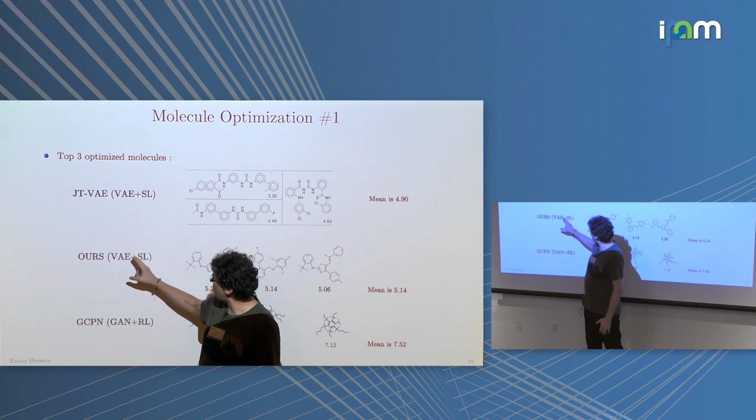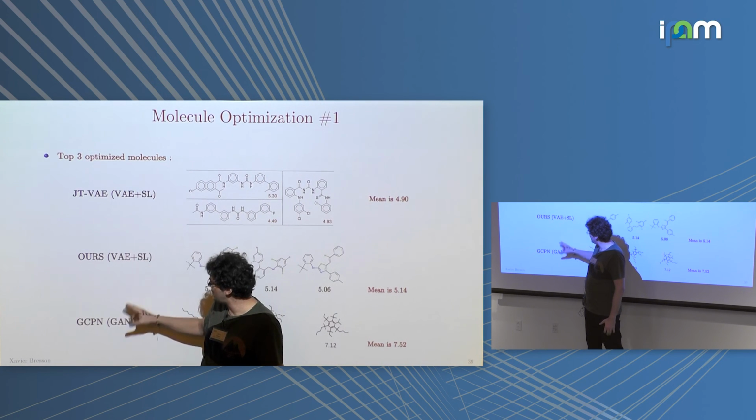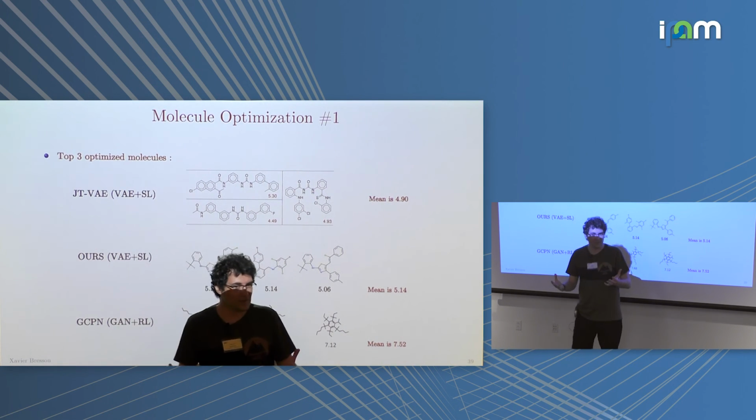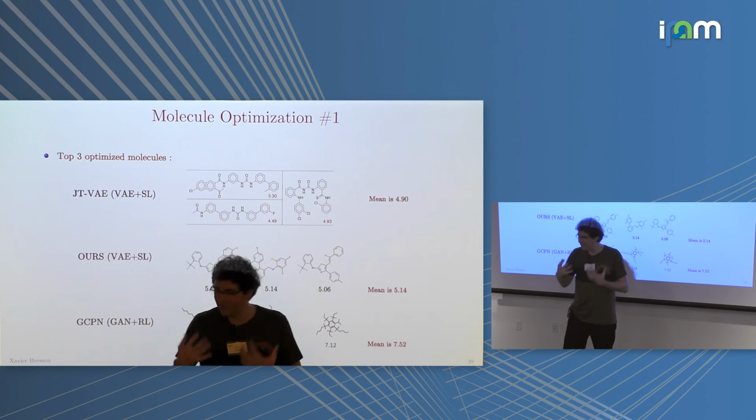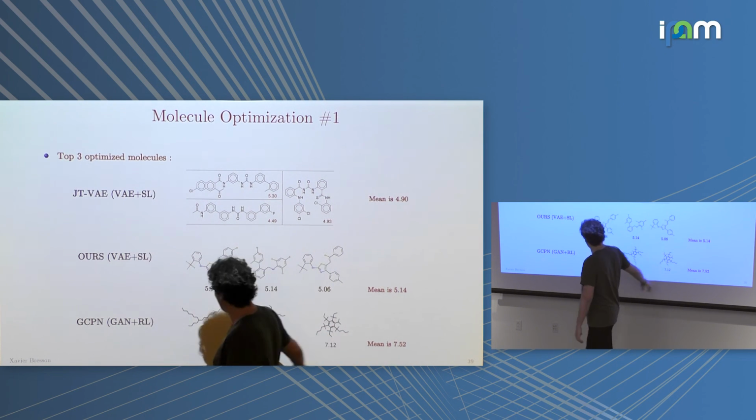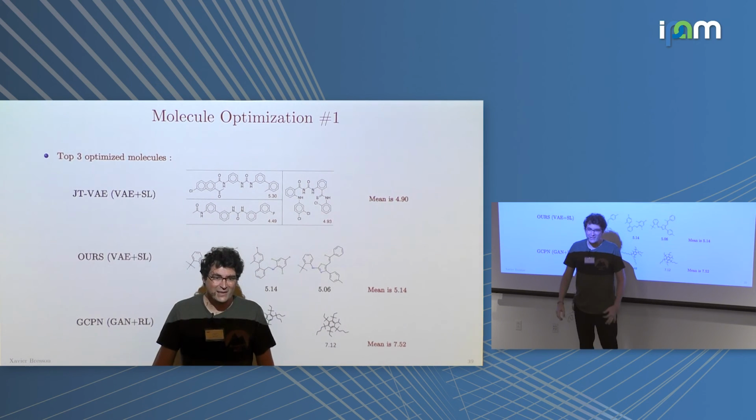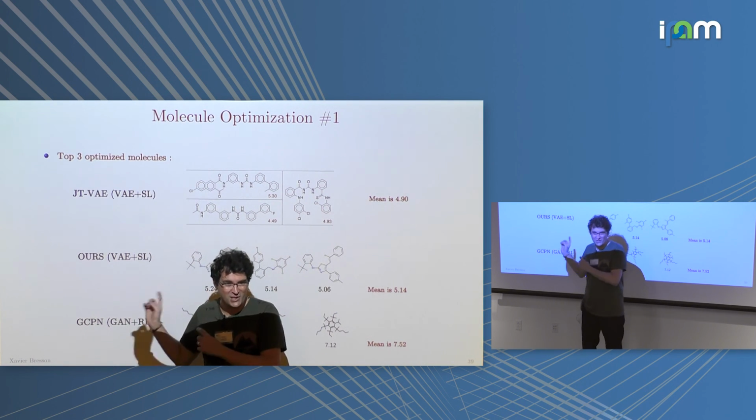So we are in the same. VAE plus supervised learning, GAN plus supervised learning will give you more or less the same result. With GAN, you will get better results, we know that. But if you want to get this crazy stuff, you need reinforcement learning that is able to create new strategies, new policies to get outside the training set that you have. It's more reinforcement learning which is the key.